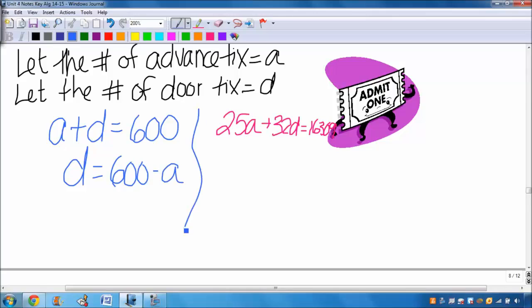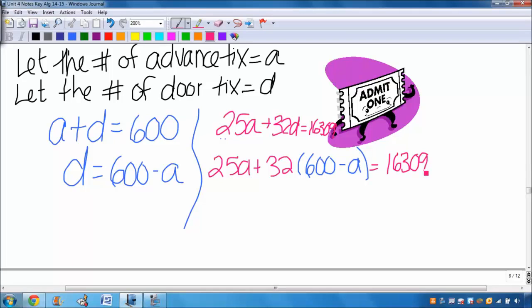So now all I have to do is every time I see a D in this equation, I'm just going to plug in 600 minus A. So I end up getting 25A plus 32 times 600 minus A equals 16,309. Okay? Then I just go through and solve it like a regular equation. So 25A plus, when you distribute the 32 to the 600, you end up getting 19,200 minus 32A equals